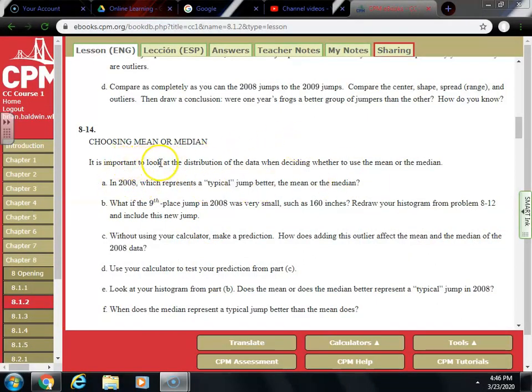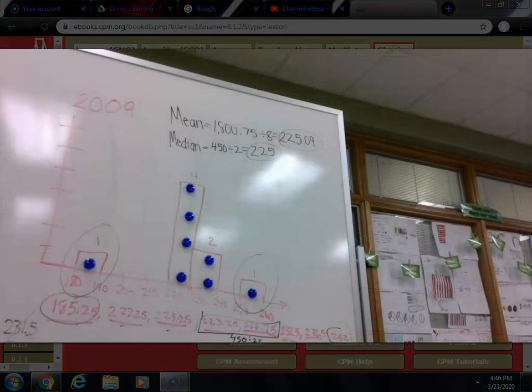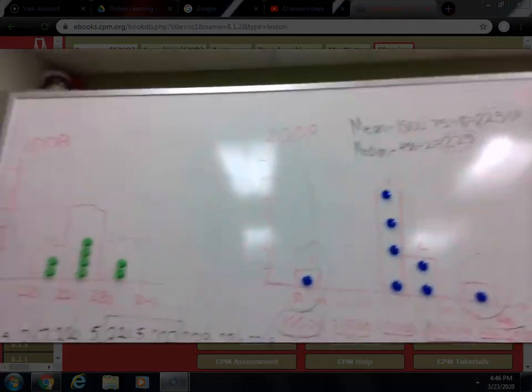It is important to look at the distribution of the data when deciding whether to use the mean or the median. Remember, the mean is the average, the median is the middle value. In 2008, which represents a typical jump better, the mean or the median? So if we go back and look at the data from 2008,